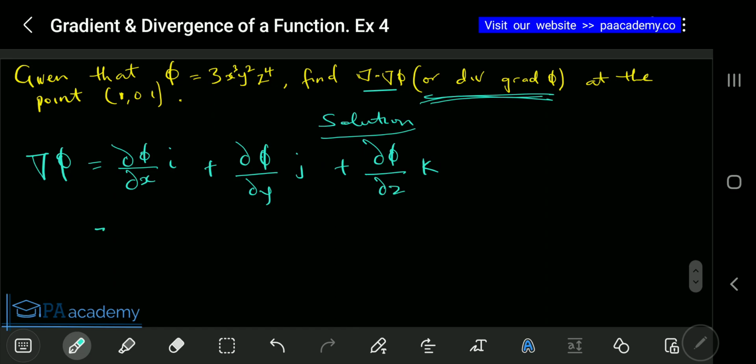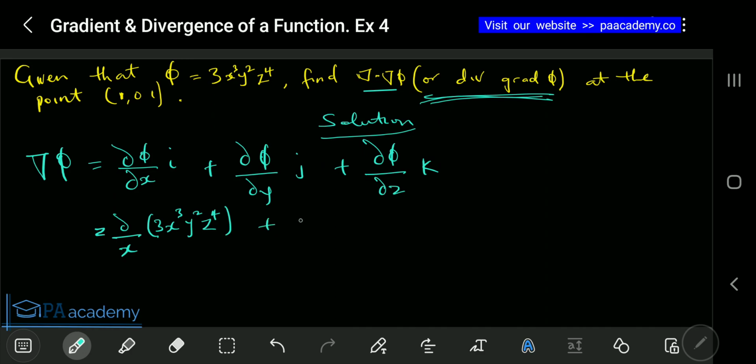Okay, so this will be, and then our phi is 3x cubed y squared z to the 4,